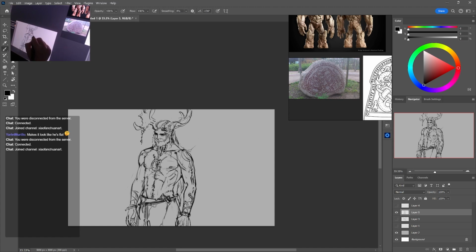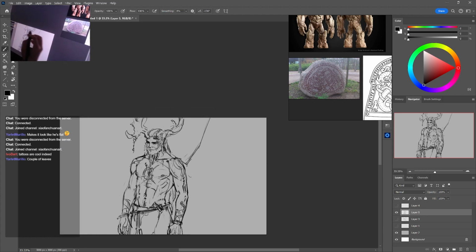I gotta add his wings in here. I mean, we could add some more stuff to him, like, normally I'd probably want to put a belt here, but it'd cover up his abs, and I'd probably get a revolt if I did that, so let's not do that.